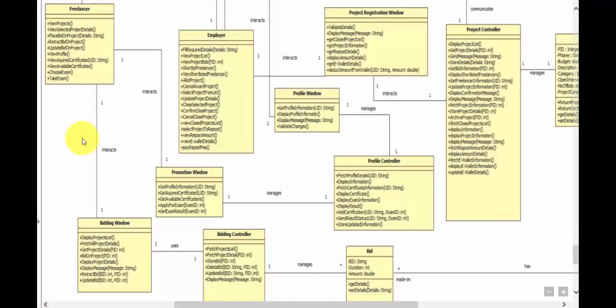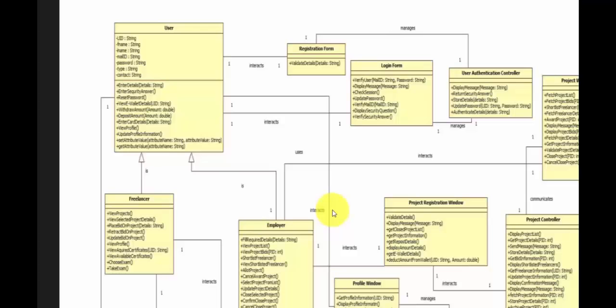In order to do such functionalities, the freelancer will interact with the bidding window. The bidding window can display all of the project lists, get the project details, get his bid information, bid on a particular project, and retract or update a bid. The information is passed to the controller and the controller then updates the information accordingly.